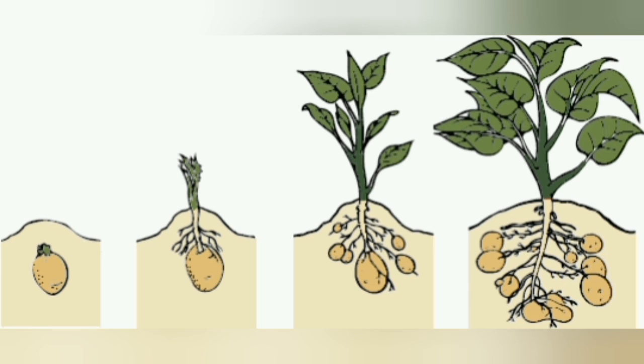Carrot, radish, and sweet potato are plants whose roots grow into new plants. Leaves of the bryophyllums grow into new plants by their leaves. When the leaves fall on moist ground and get enough nutrients, they begin to grow. So, children, this is all about vegetative propagation, which you have done in this chapter of Class 5 EVS book.